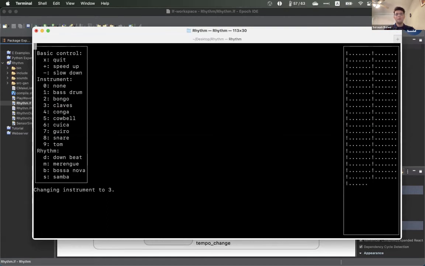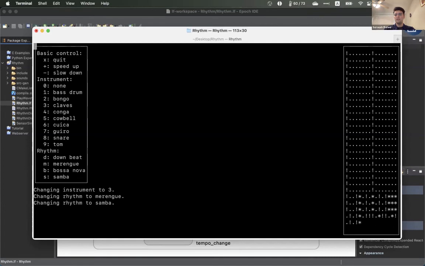I can use different rhythms. For example, I can use a merengue rhythm. Or a samba rhythm. Notice that I changed the rhythm to samba, but it wasn't changed until the next downbeat. And that's a feature that I will demonstrate. The other thing that I can do